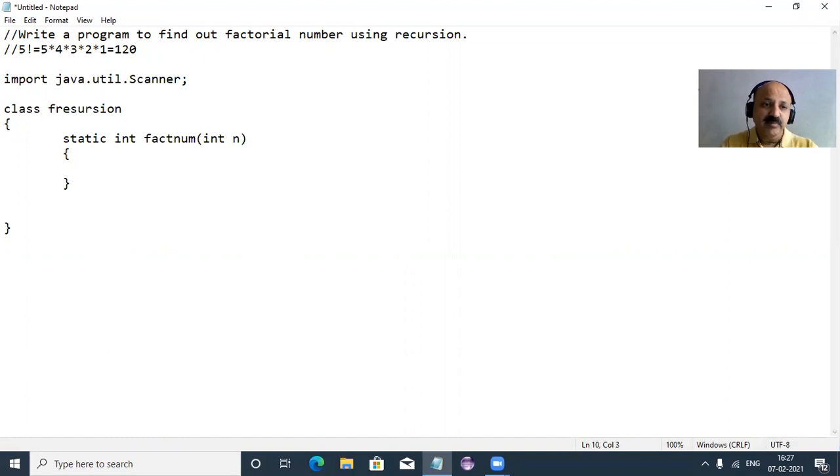So that is our method with an integer argument and return data type, and static. Now an if condition: if n equals 0, we return 1. Return is a keyword you have to know very well. So now an else part.